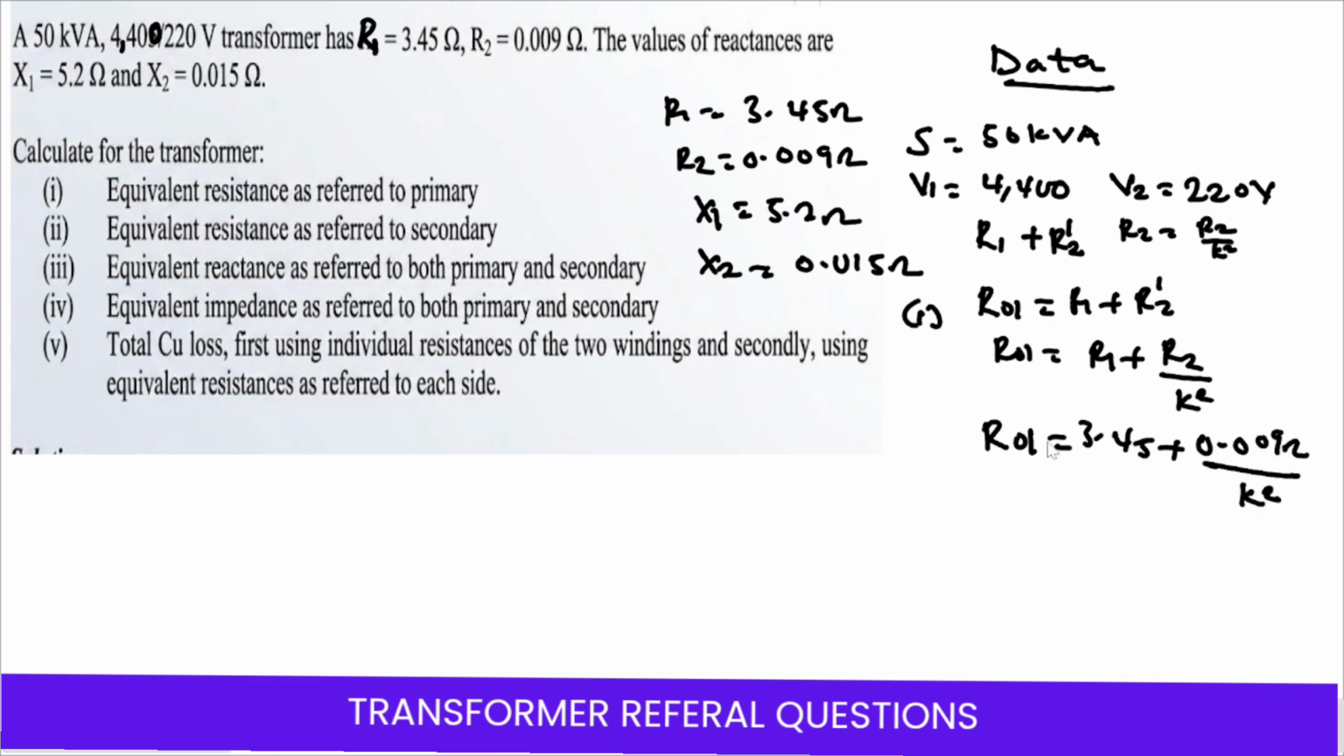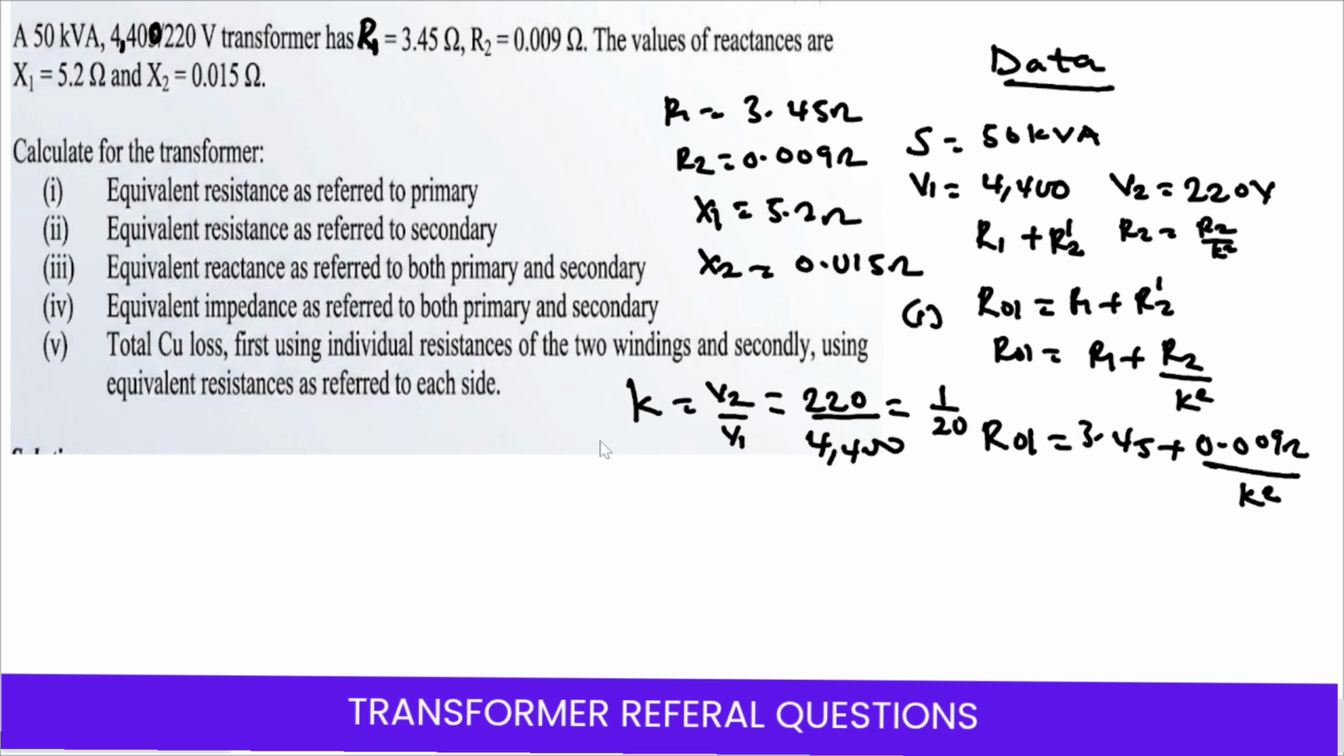K squared. But we don't have the value of K squared, so let's go and find K. We know that K is always equal to V2 over V1, and that will be the same as 220 divided by 4400, which gives us a corresponding value of 1 over 20. This means that wherever we see K, we are going to put in